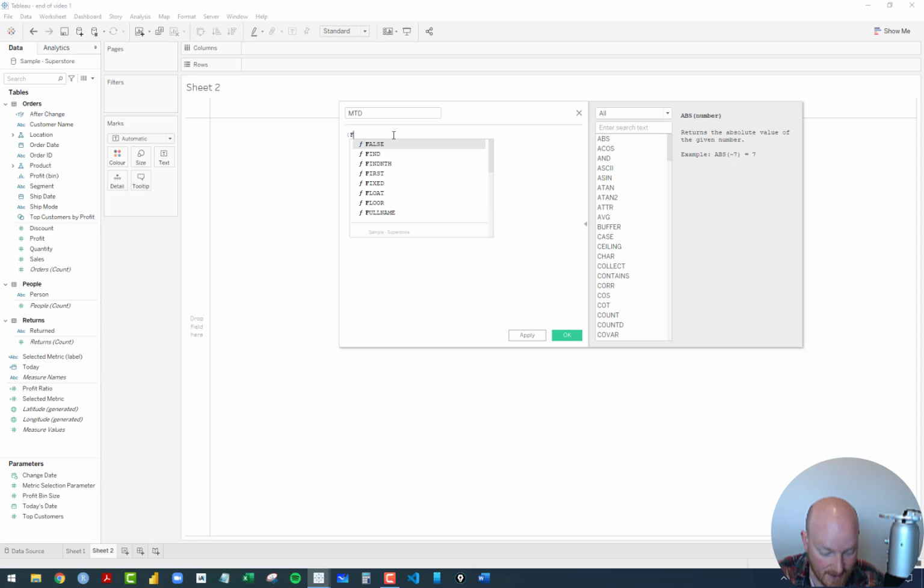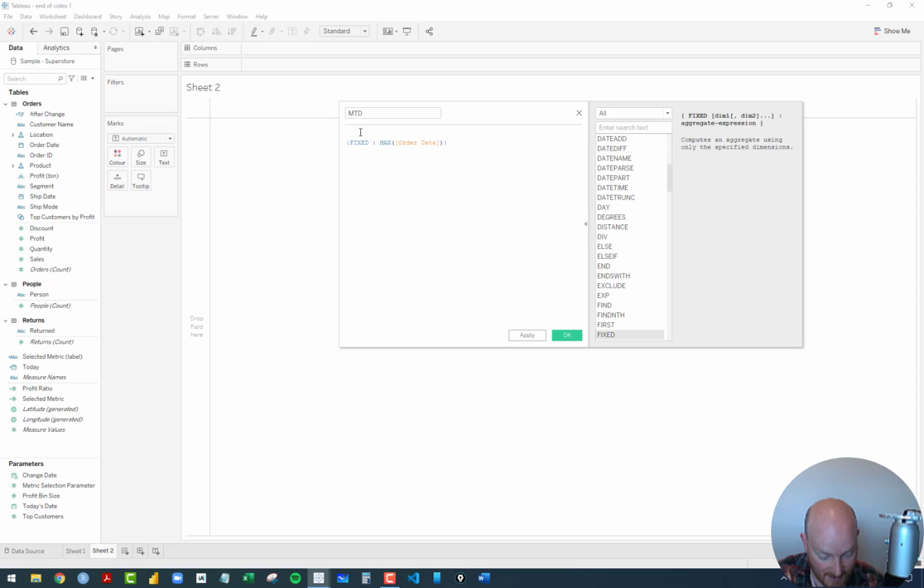So to do that, we need to do a fixed LOD expression, a max of order date. Okay, and so these are like, in a way, it's making a new column, but it's sort of being an aggregation, and it's repeating that value all the way down. In this case here, we haven't got any groupings, if you will, but it's just determining the max value of the entire data set, and it's repeating that maximum date all the way down. So we can even use a little trick. So I'm going to call this